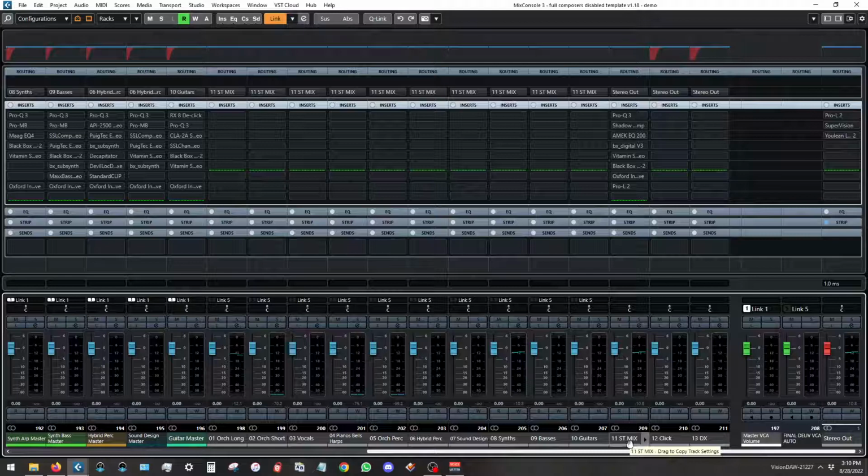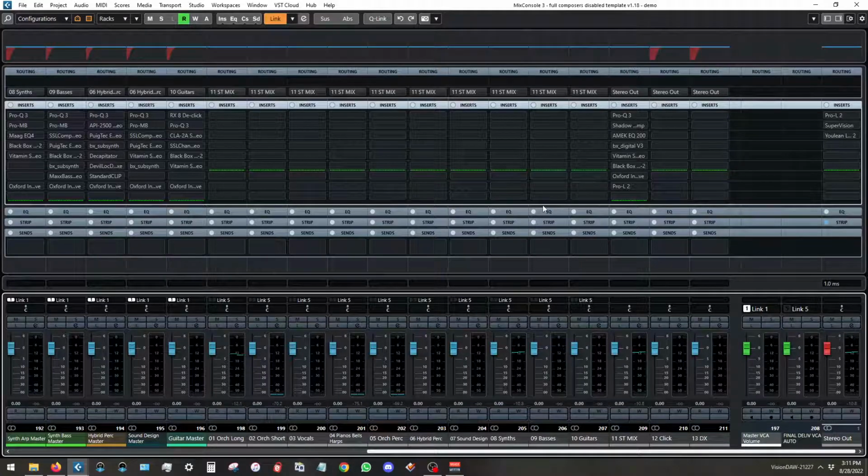One is the 11 is my stereo mix. That's everything. 2 is a click track in case I want to export that. And 13 is a dialogue track in case I want to export that. When you submit things to be put into the edit, or when you finish compositions or send them to the dub mix or whatever, this can be useful for editors just to include a dialogue track to make sure that when they align things with where you said they were supposed to align, or what they default to if